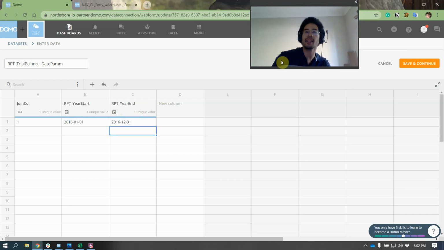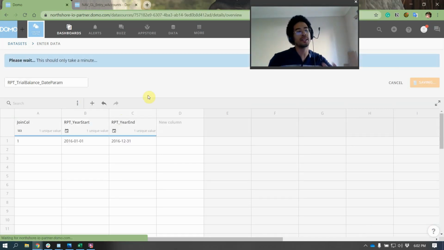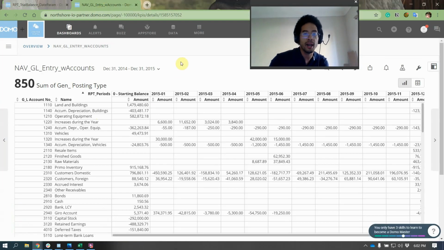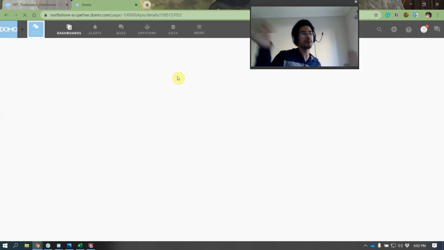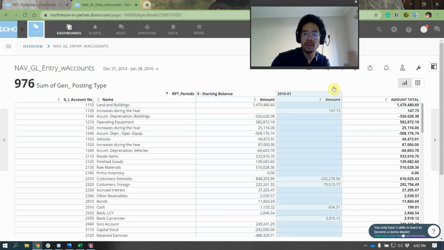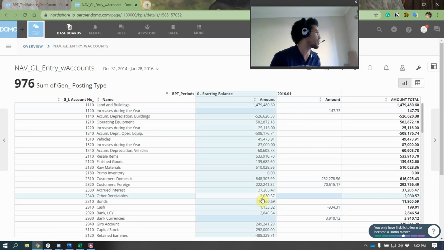Now, you'll recall at the beginning I said it's super important to me to not do any data pre-processing, no groups, no joins, no magic ETL, because I want to be able to come to my visualization, just change the web form, refresh the page, and instantaneously see the updated results. Notice right away, I only see data for 2016, and everything else is under starting balance. And that's just because I have very limited data in this sample data set, but it's doing the job. I could change the web form to 2017, 2018, 2019. Very easy for end users to have that quickly updating